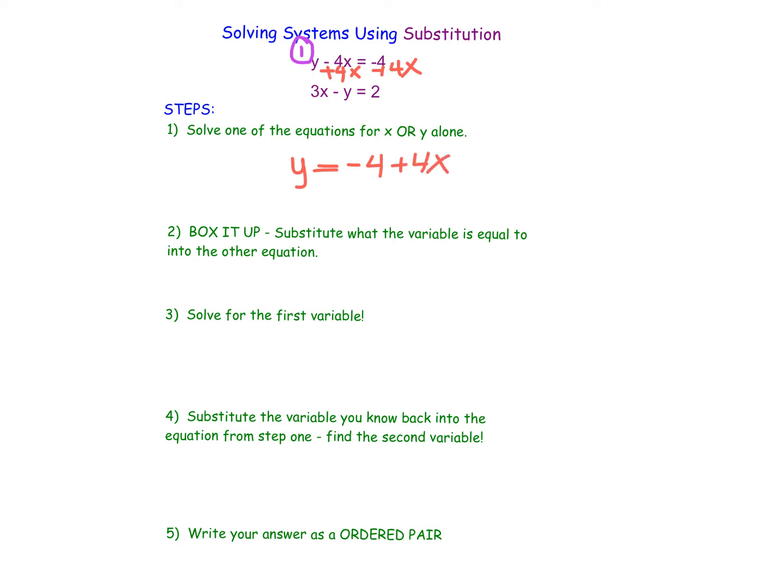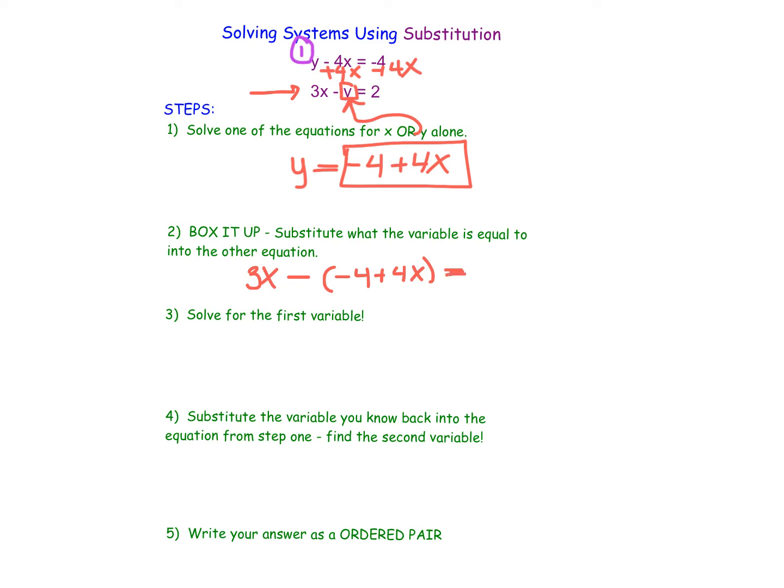And then what I'm going to do is box it up, and replace y in the other equation with what it's equivalent to, which is negative 4 plus 4x. So I'm going to replace this y here with its equivalent of negative 4 plus 4x. So now I go down to step 2 and I actually replace y in this second equation. So I have 3x minus, then in parentheses, negative 4 plus 4x, so that's all going in place of y,